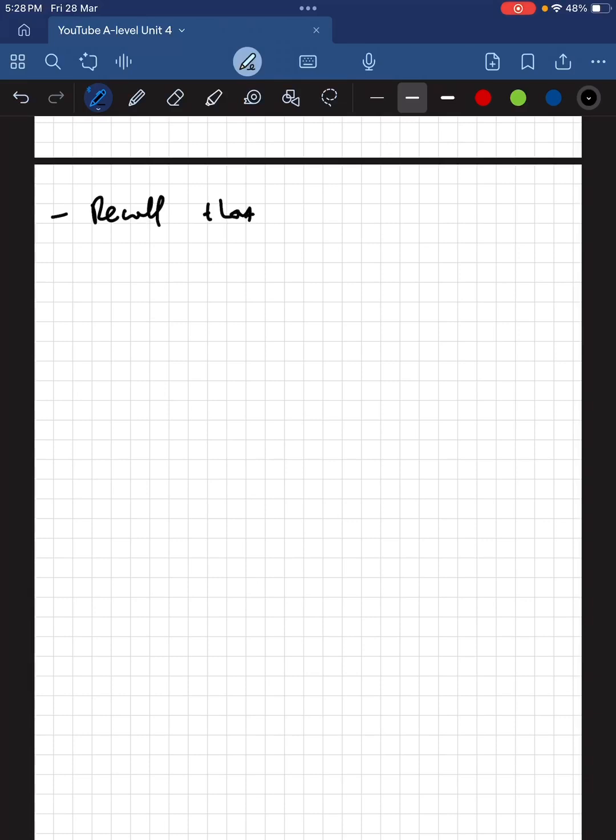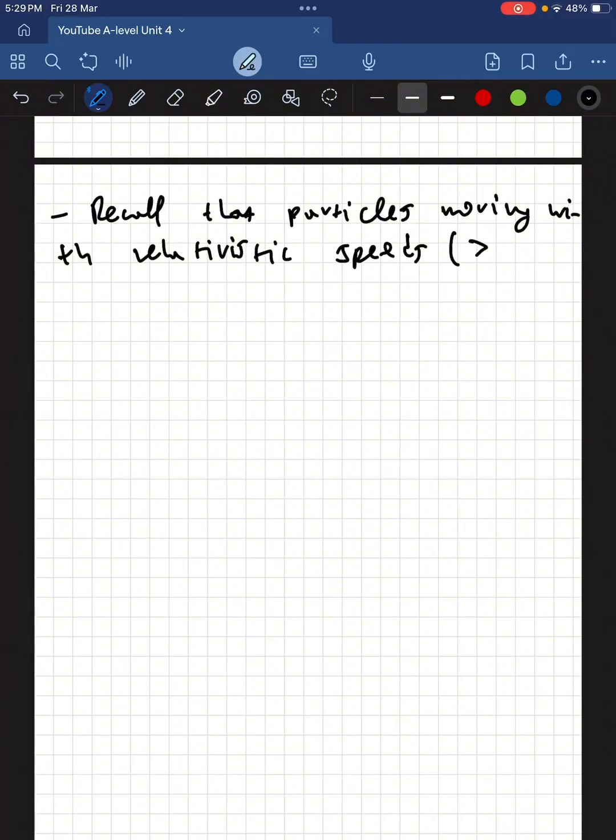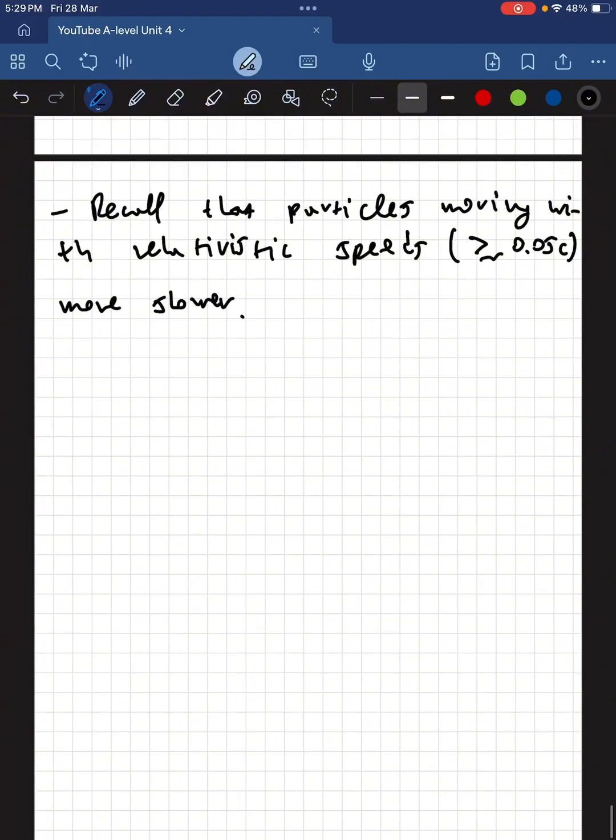Recall that particles moving with relativistic speeds, so larger than or equal to about 0.05 c, and in this case they travel with 98% the speed of light. Okay, so particles moving with relativistic speeds move slower. Okay. Sorry. I'm gonna edit this out. So